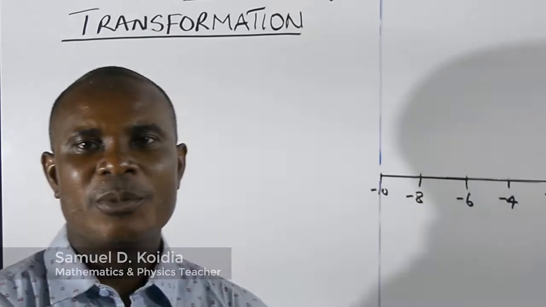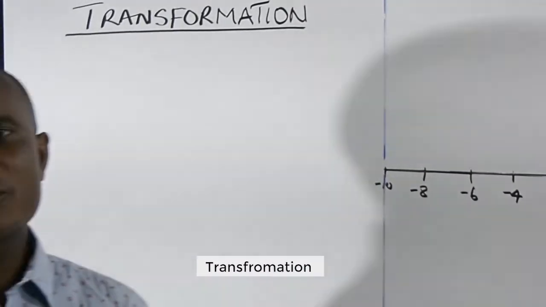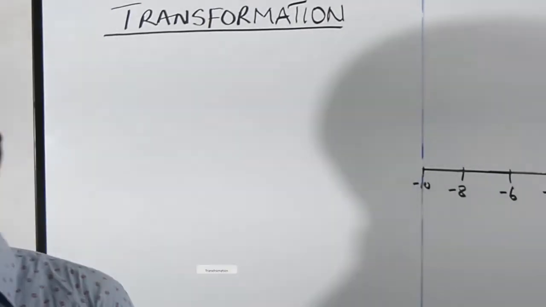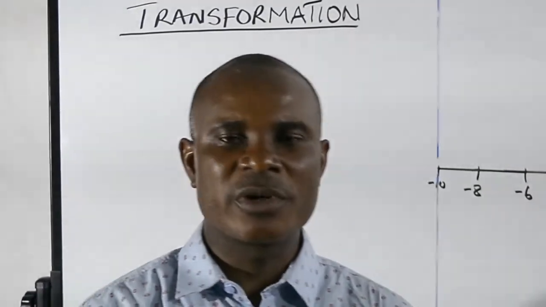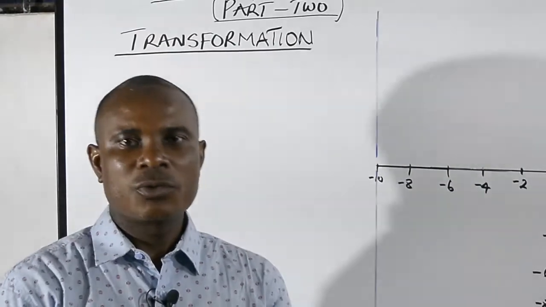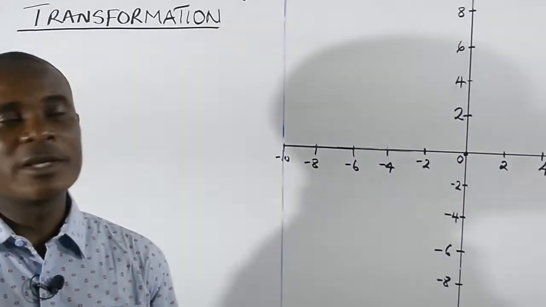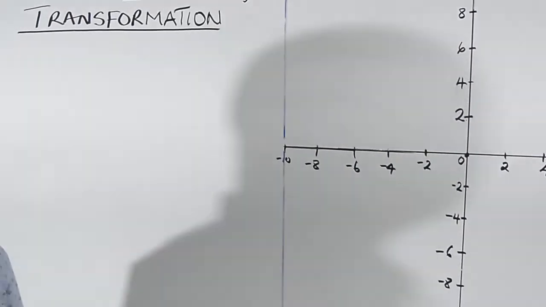I can just briefly remind you, the first video was on vectors, and we were able to look at the magnitude of the vector, the direction of the vector, the midpoint of the vector, and we also found some dimension and part of the vector. And now today we want to look at the transformation. That is part 2 of vectors.